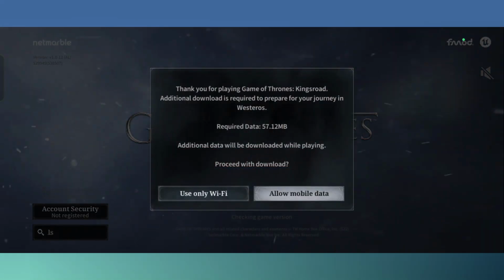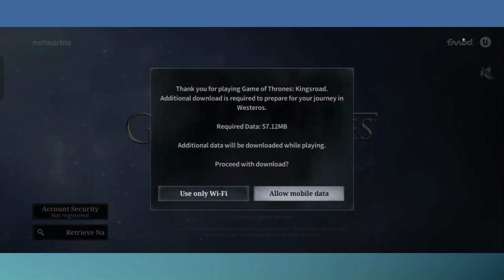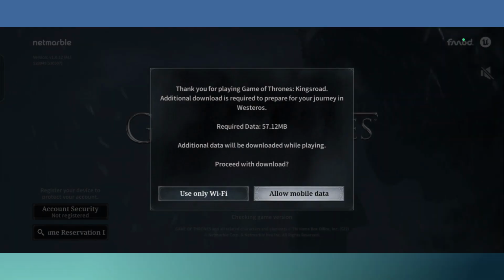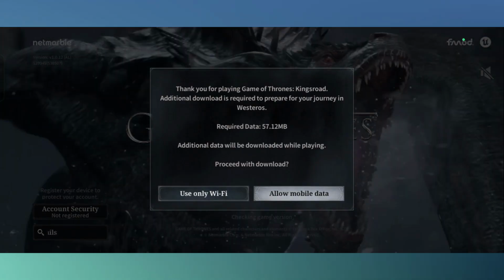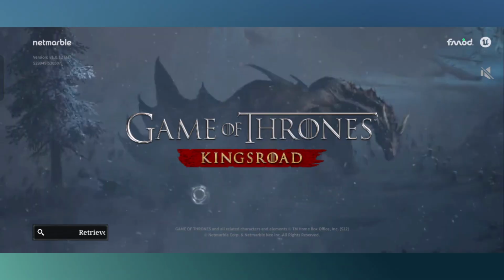and then it will ask you to download required data. Additional data will be downloaded while playing. Proceed with the download. So you can tap on use only Wi-Fi, and if you want to use mobile data, then you can also tap on allow mobile data. I will use only Wi-Fi,